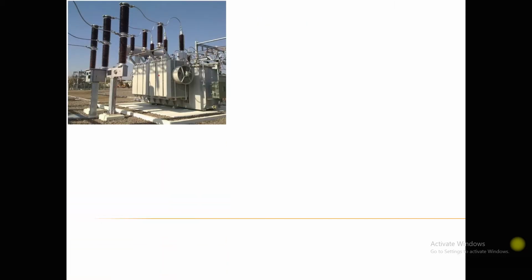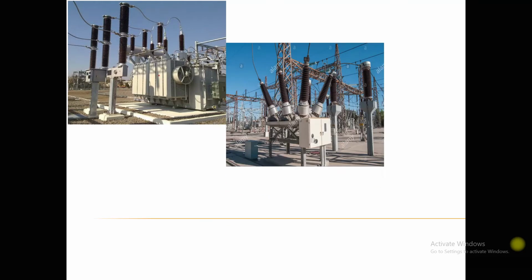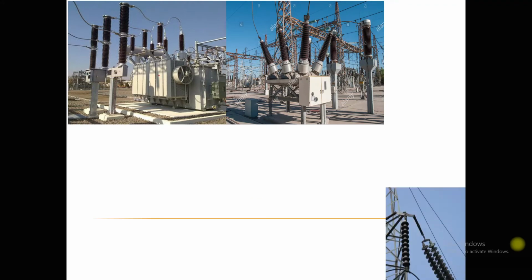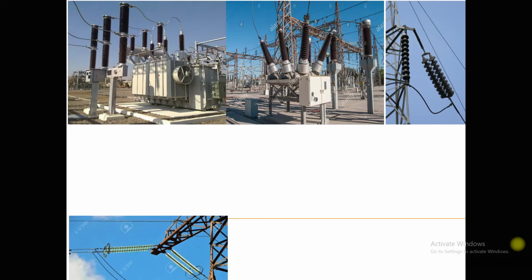So let me show you some photographs. Here you find their application in transformers, not at the outer side but internal to the transformers. You also find the presence of solid dielectrics like the press board, which is used to insulate the high voltage and low voltage windings, and the low voltage winding from the core. Then you may find impregnated paper between two turns of the same winding. In circuit breakers, the transmission lines,